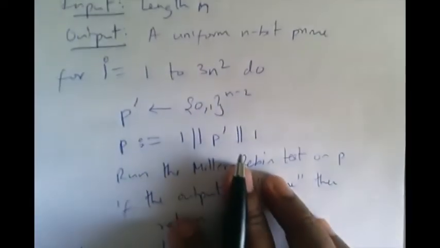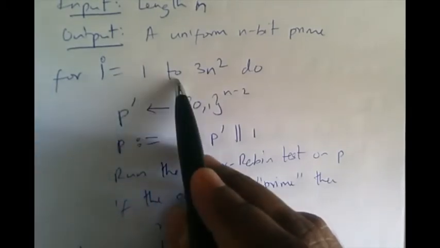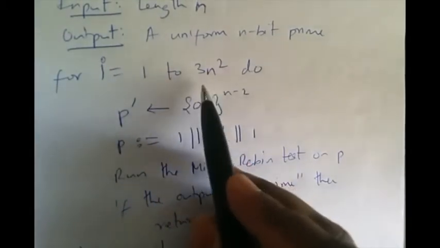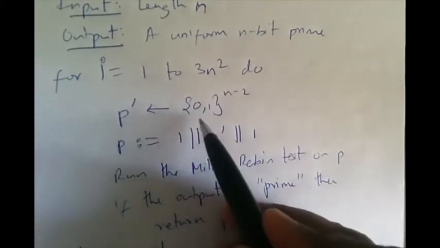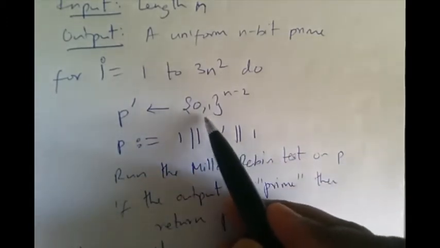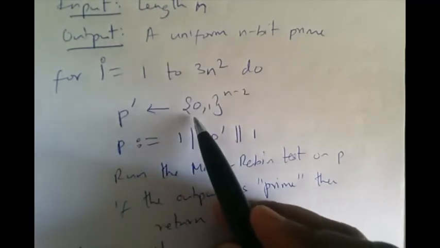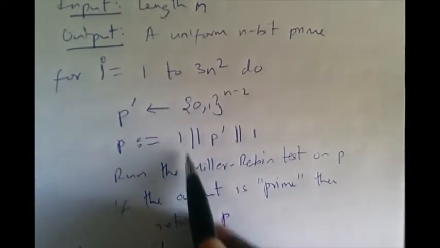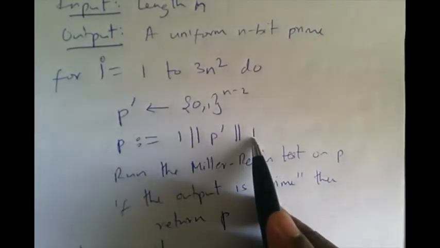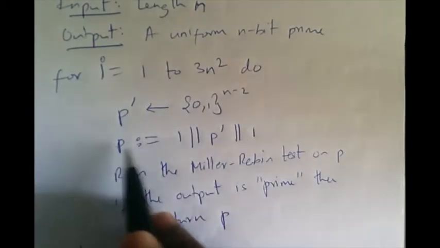Okay. So here you're going to loop through this index 1 to 3n square. So you're going to do something 3n square times. Every time you're going to choose an n minus 2 length bit string. So p prime is going to be a bit string which has n minus 2 bits. Then you're going to prepend a 1 and append a 1. So if p is this